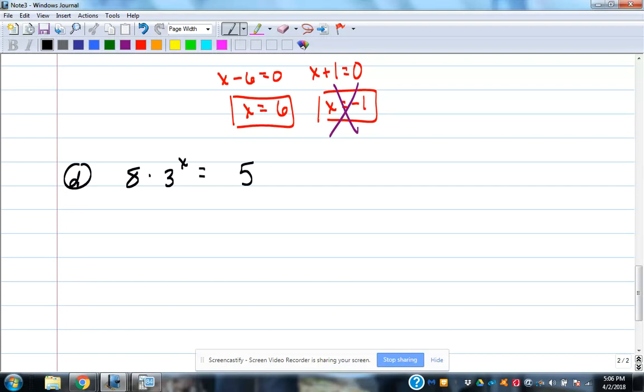How do I get the 3 to the x by itself? Divide by 8. Just divide by 8 first. 3 to the x equals 5 over 8. So it's equal to a fraction. That's okay, not a big deal. So now,